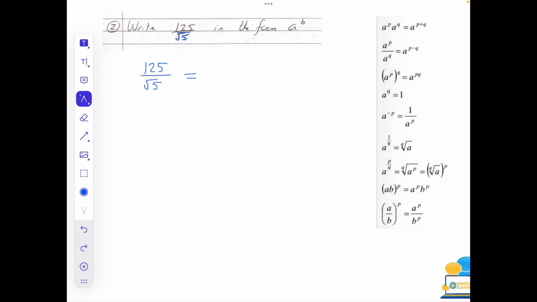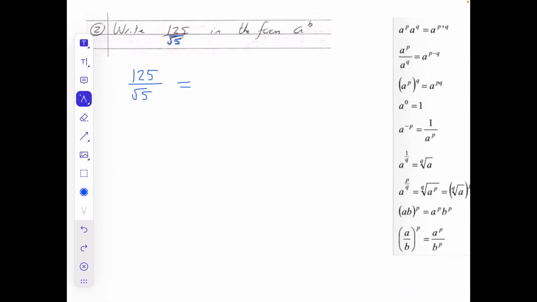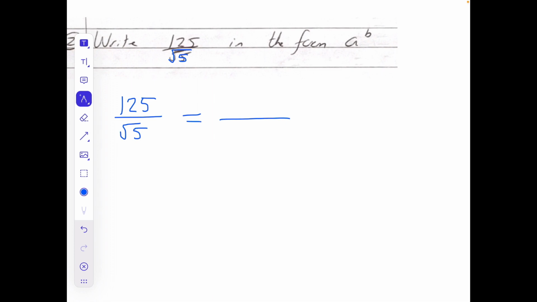Okay, I made a very important point earlier that everything needs to have the same base. Right now these are both completely different numbers, 125 and the square root of 5. There is something we should have learned from the last slide. I can change that square root of 5 into, we'll just go down here, I can change that into